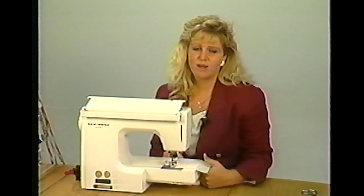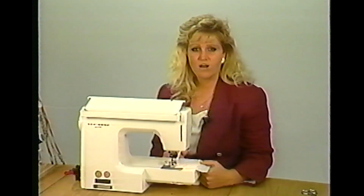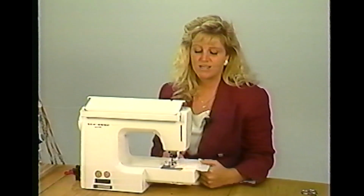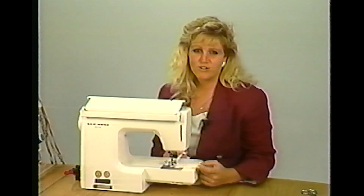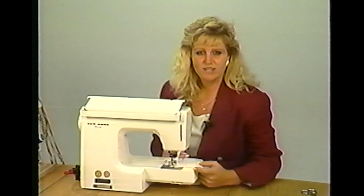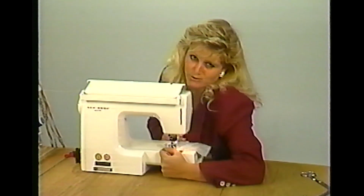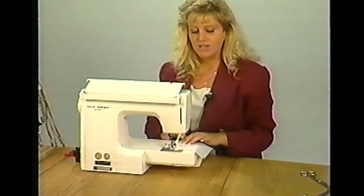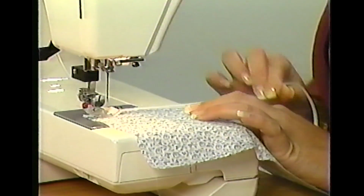When sewing elastic, I recommend you use the lingerie thread in both top and bobbin. Also, you should use a 90-14 stretch needle. Now, if you've ever sewn elastic flat before, you'll all be able to relate to the feeling that I have, to where I feel as though I'm having a relationship with my sewing machine. The reason for this is, number one, as you stretch the elastic towards you, it doesn't want to stay underneath the presser